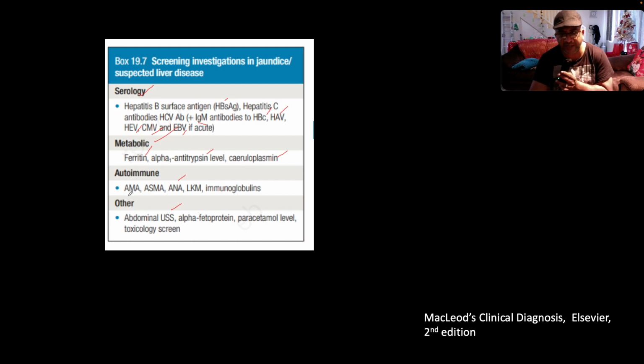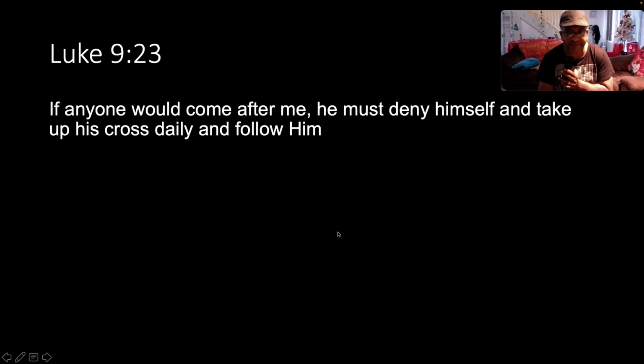Autoimmune, you're thinking your antimitochondrial antibody, which speaks to primary biliary cholangitis, right? Anti-smooth muscle and anti-LKM, which speak to autoimmune hepatitis, as well as ANA, which is anti-nuclear antibody, and do your serum immunoglobulins. Others is abdominal ultrasound, alpha-fetoprotein, paracetamol, and toxicology. Remember that all patients with cirrhosis must have annual ultrasound, or even 6-monthly ultrasound, and alpha-fetoprotein to screen for malignancy,